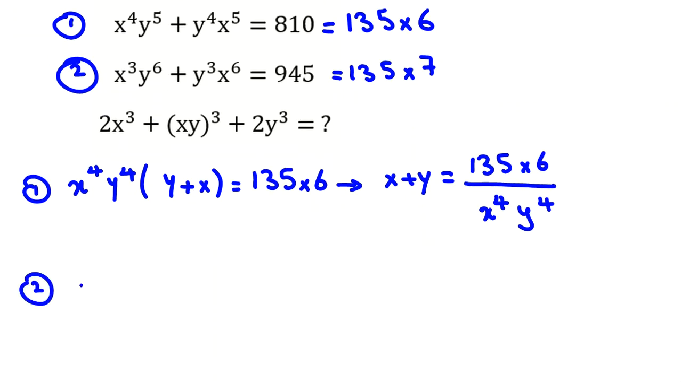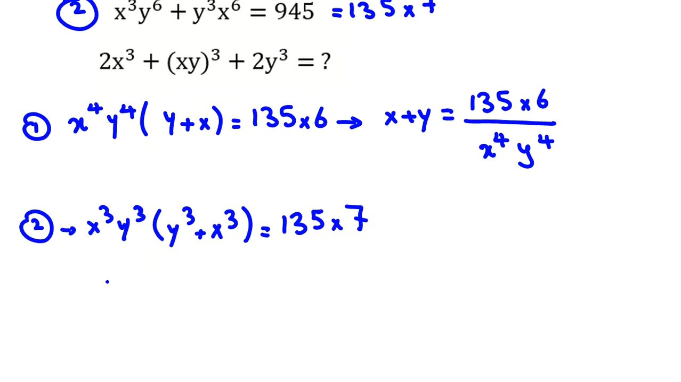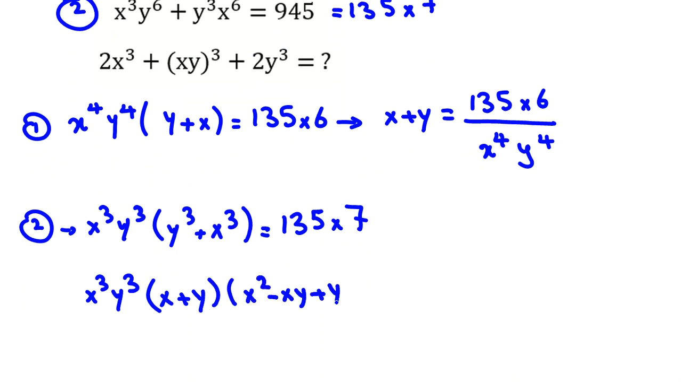From the second equation, I can conclude what? x cubed y cubed, if I factor, times y cubed plus x cubed equal to what? 945, which is 135 times 7. And it will be x cubed plus y cubed here. If we use the identity I told you, it will be x plus y times x squared minus xy plus y squared. You can memorize it here. This one is exactly this. You should memorize it. Equal to